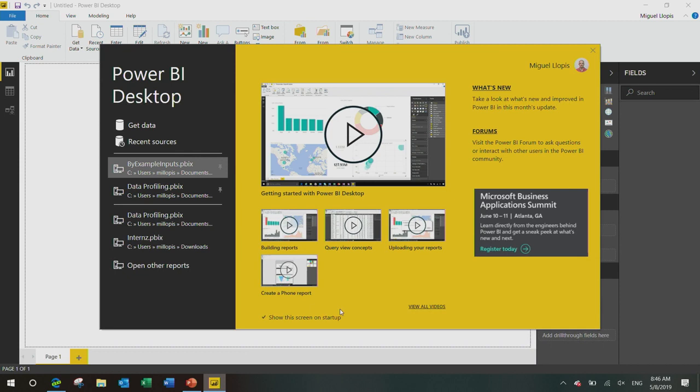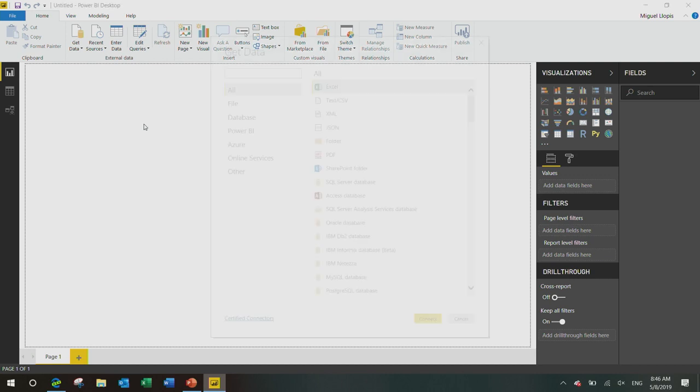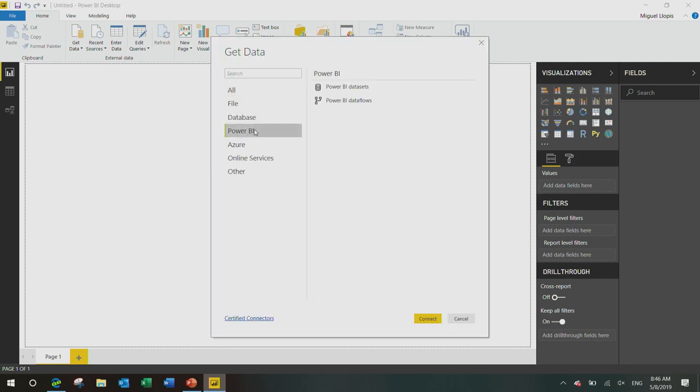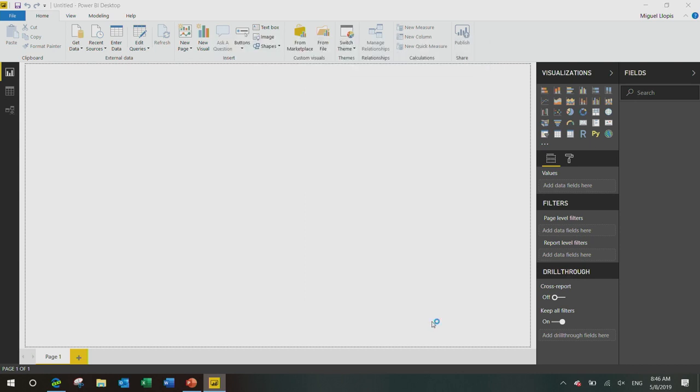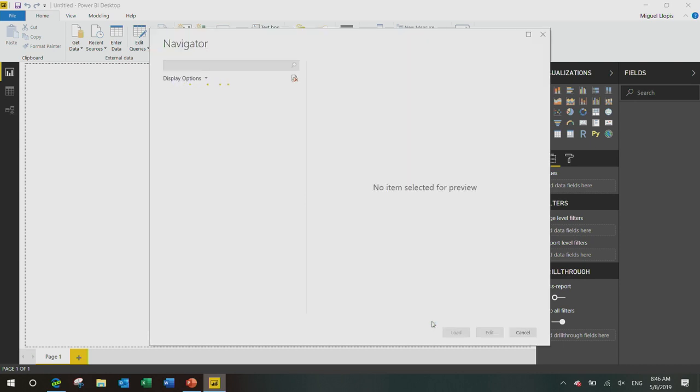They use Power BI Desktop. Power BI Desktop is the main report authoring tool for Power BI, right? So what we've done there is, if you go to Get Data, we've added a Dataflows connector under the Power BI tab. And from this Dataflows connector, you're going to be able to access all the data flows and all of the entities within those data flows that you have access to across all of your Power BI workspaces.